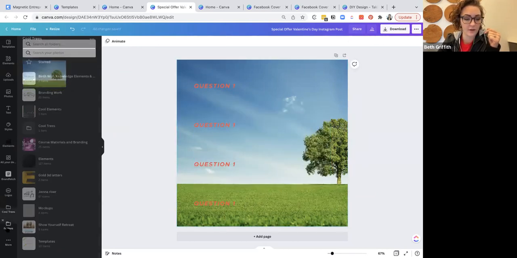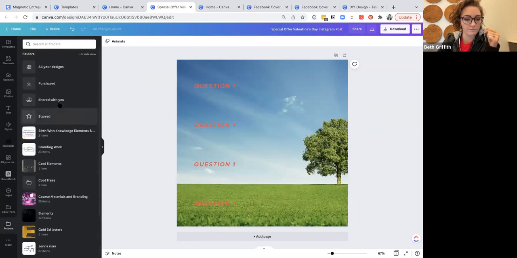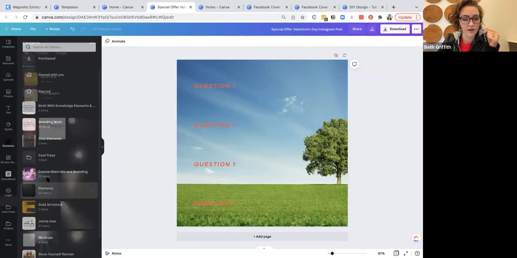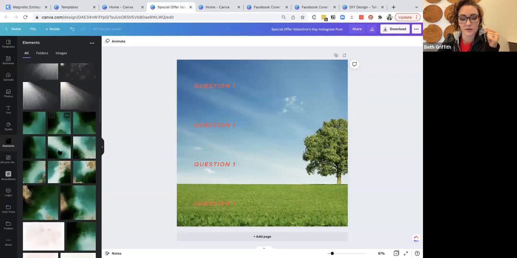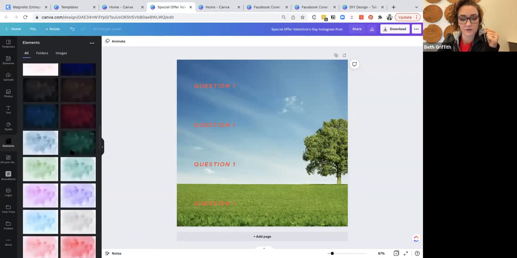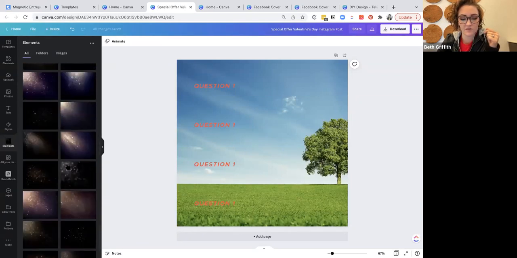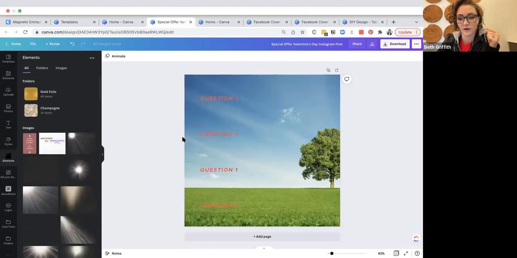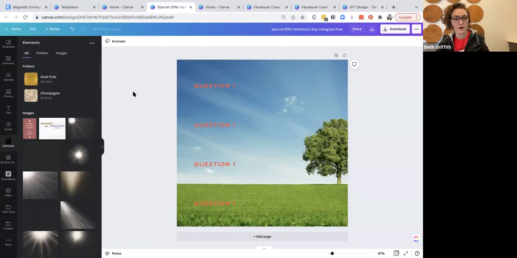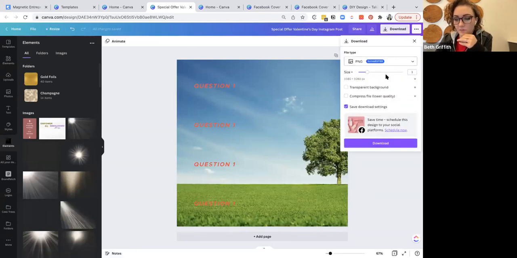You'll notice that I have a bunch of folders in here. I have one that has a ton of elements that I purchased and uploaded to Canva. So I have a ton of these backgrounds and things that I've bought to be able to use on graphics. Okay. Other things about Canva you didn't know you needed to know, whereas when you download something, this piece is